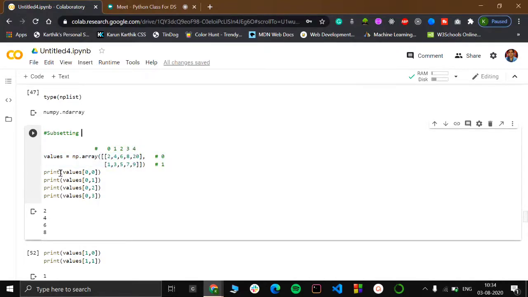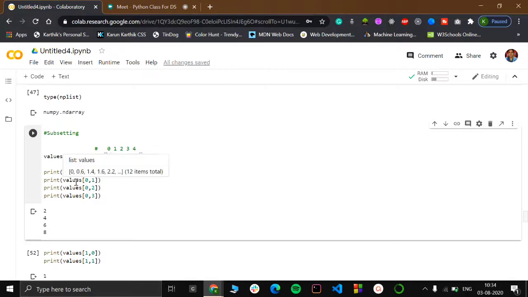So now let's try to print values 0, 0. You should note the first part we mention here is the row index, and here we mention the column index. So 0 goes like this, and 0 comes like this. Here the common value will be 2, so it is printing 2.